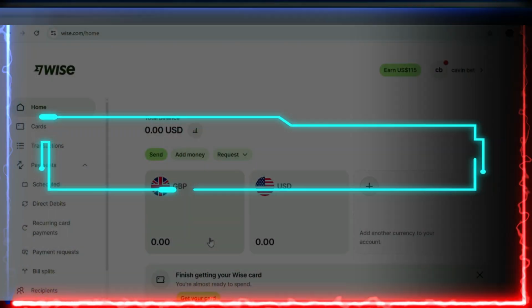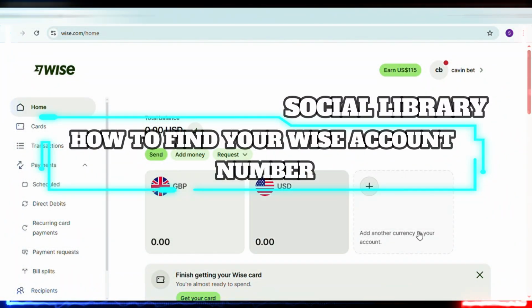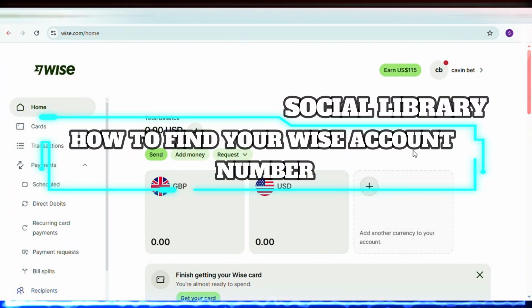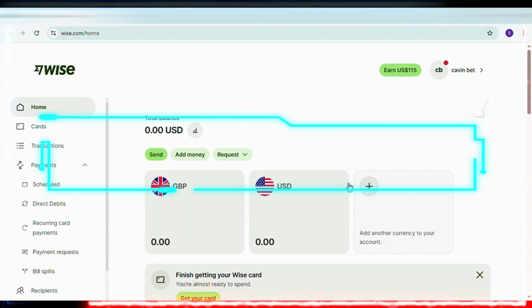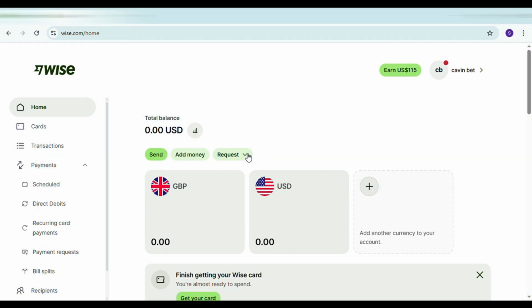Hey everyone, welcome to this tutorial where we'll explain how you can easily find your Wise account number, so let's jump right into it. First, open the Wise app on your phone or go to the Wise website on your